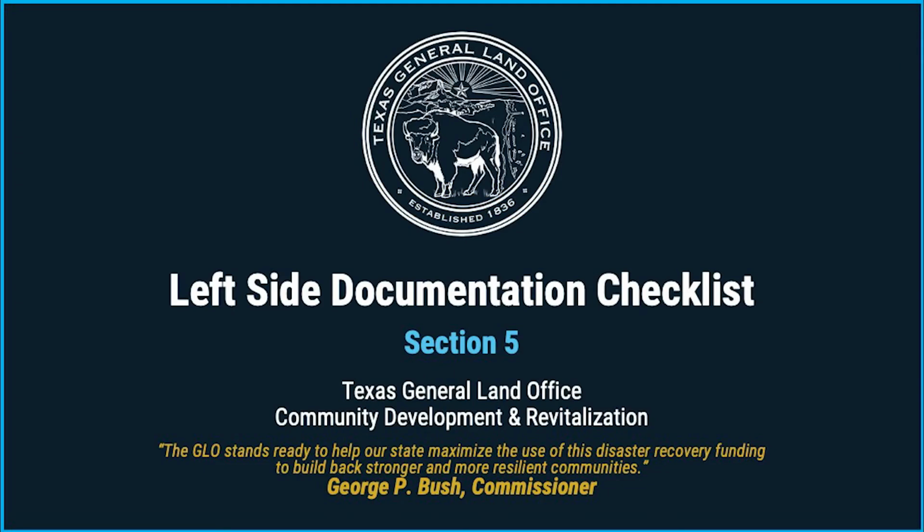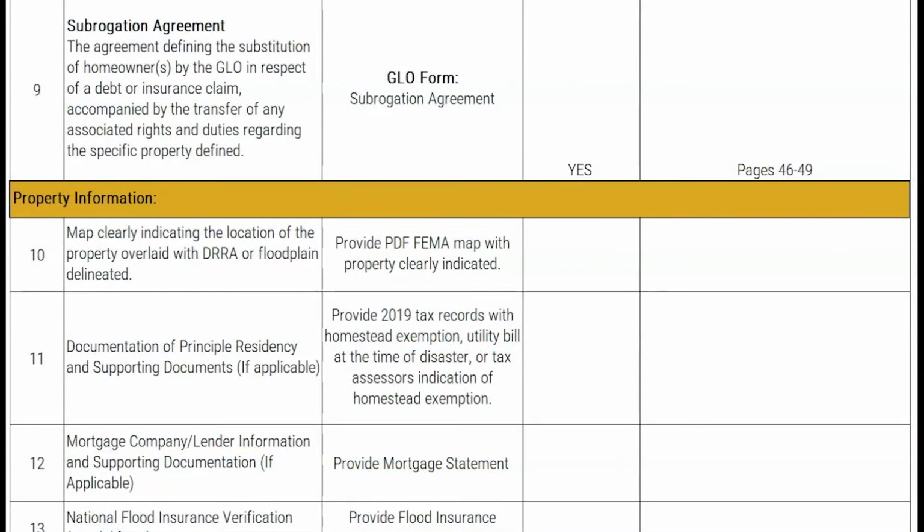In the property documentation section, subrecipients will need to input all required property documentation and complete the checklist. In number 10, subrecipients should input a map clearly delineating the location of the property, including latitude and longitude coordinates, overlaid with the boundaries of the designated disaster risk reduction area as defined in the subrecipient's program guidelines or the floodplain or floodway. This map should clearly demonstrate that the buyout or acquisition property is located within a target area designated within the housing guidelines. Then, subrecipients should check yes, no, or NA if they included the form and any comments on the form or